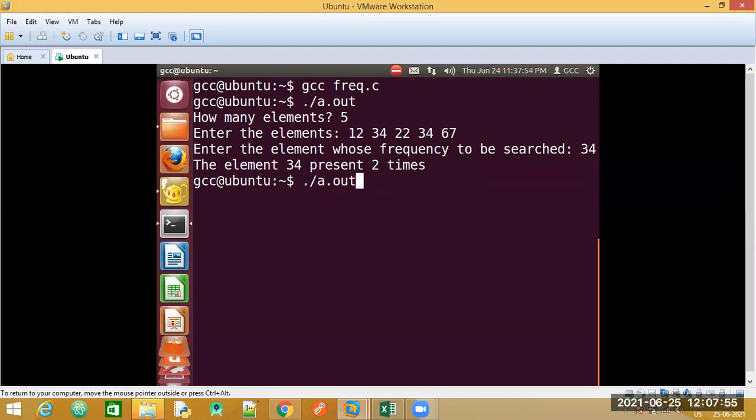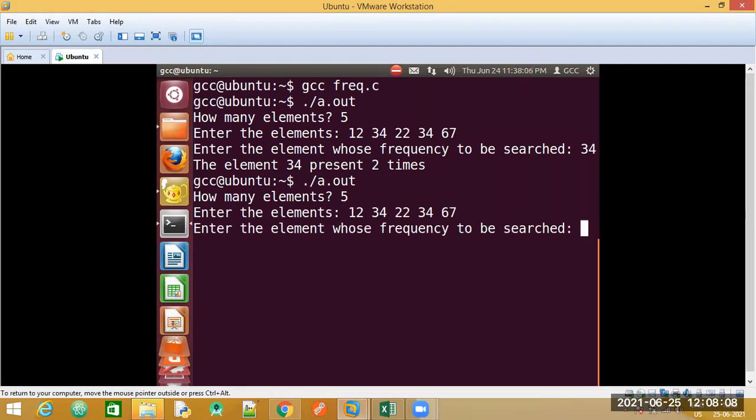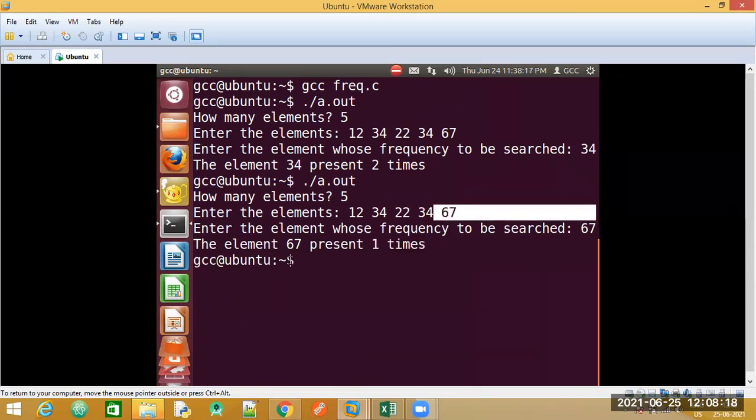Suppose, let me again enter the same set of elements. Now let me search for the number 67. It is telling me 67 is present 1 time, correct? It is present 1 time.